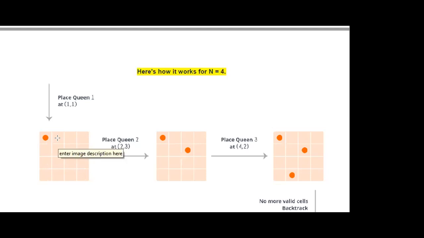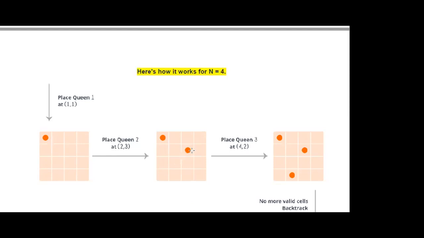If we are going to place the second queen, we are not placing here, here and here, because the first queen is attacking these squares. Also we are not able to place here, here and here. Again, we are not able to place here. But if we place a queen at this slot, then the first queen will never affect it. So in the second choice, suppose we place the second queen at this slot, which is the second row and third column, that is (2, 3). At (2, 3), we are placing the second queen. This queen will attack vertically here, horizontally here, and diagonally this place and these two places.